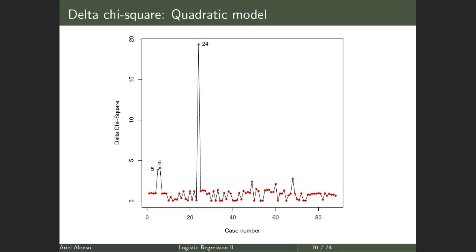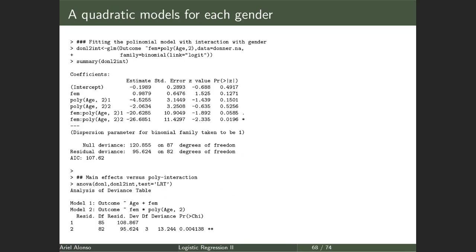This is the delta chi. By the way, wait a minute. Let me go a little bit back. So this is it. Now, what I'm going to do is fit my quadratic model